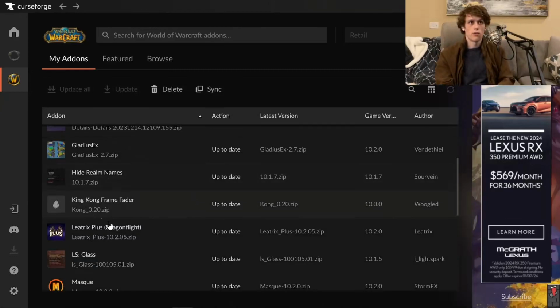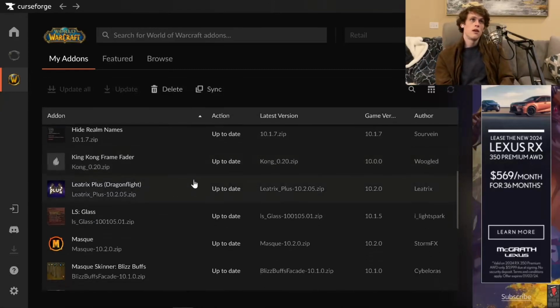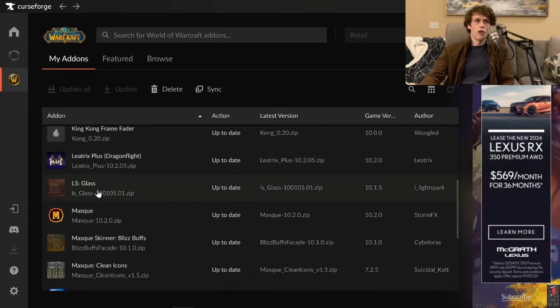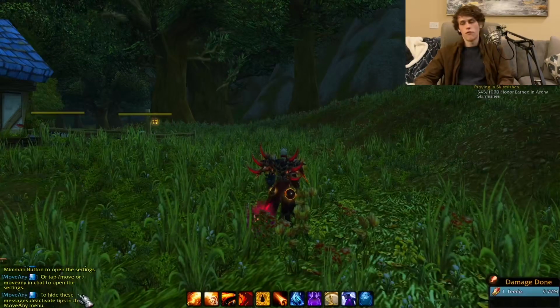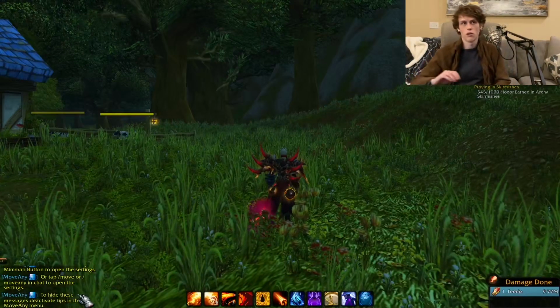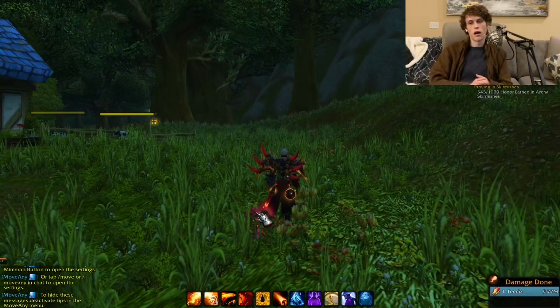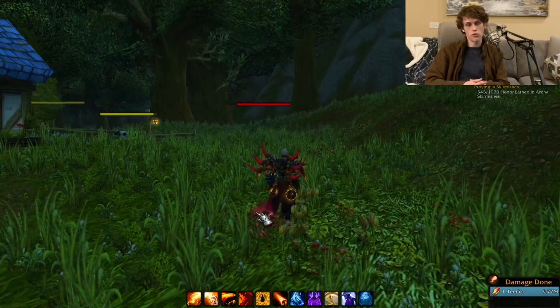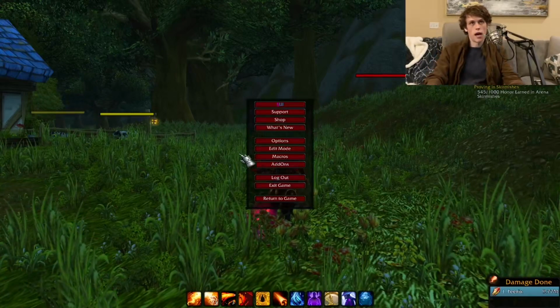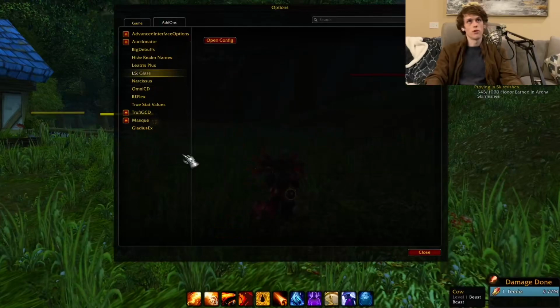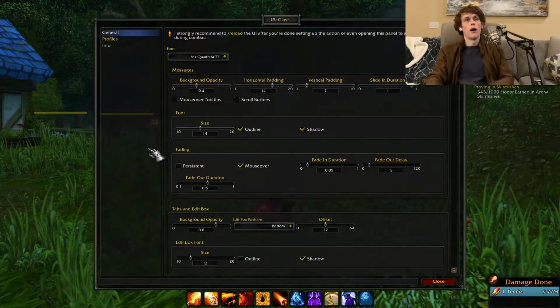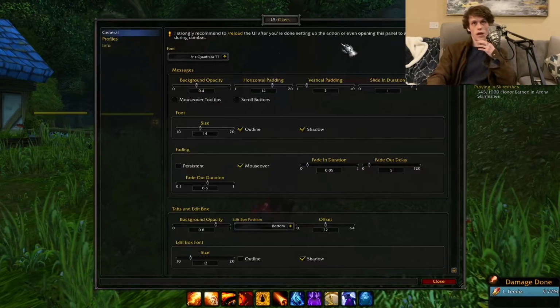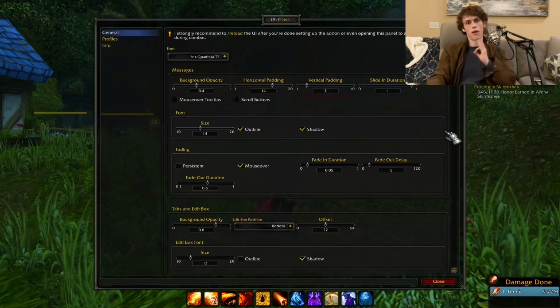So the next add-on we're going to look at is Leatrix Plus. But we're actually going to save this for later because it's more of a quality of life add-on. We're going to go over to LS Glass. So this is my chat frame add-on. So if you are looking at my chat and you notice that it fades away faster than the default, and that's something that you would like or be interested in, Glass allows you to have a lot more control over the chat frame. So if you open this add-on settings, you can do anything and everything, but the main setting that I was concerned with